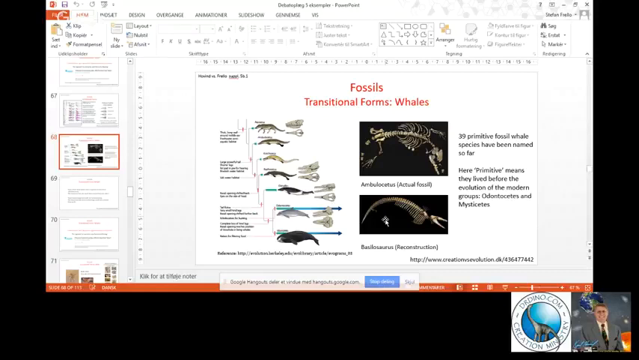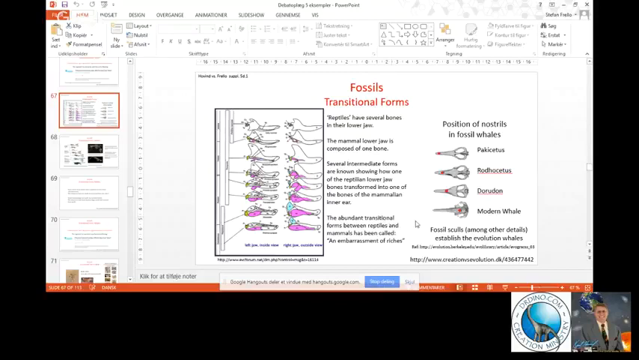And at the same time, in the same fossils found in the same layers, we have the little red dots. You have to look at the right part of the slide. We have 4 different whale ancestors, and the little red dot is the nostrils, and you can see that from Pakicetus to Rhodocetus to Dorodon to modern whale, the nostril is moving backwards, one little step at a time,